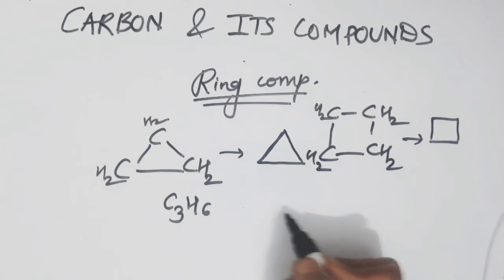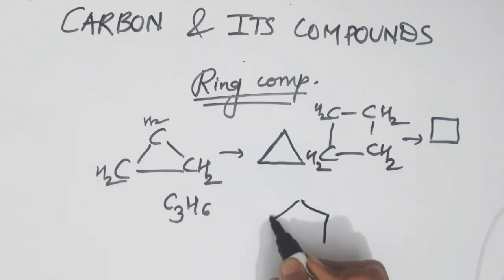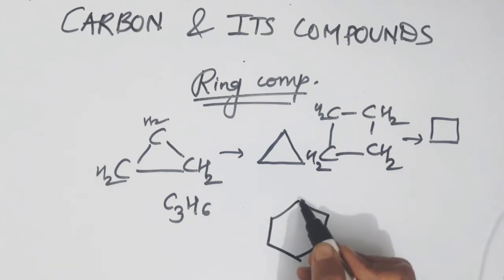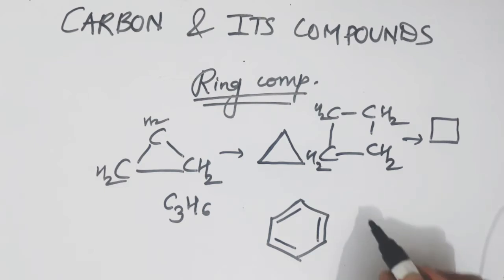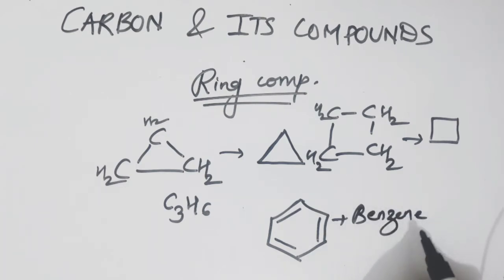Now, another class of ring compounds are the benzene compounds. The benzene compounds are different from cyclic compounds. Here you have alternate single bond and double bond. So, this is what you call as benzene. And here if you see, when you expand this formula, you will have C6H6. We will study all this in detail one by one.